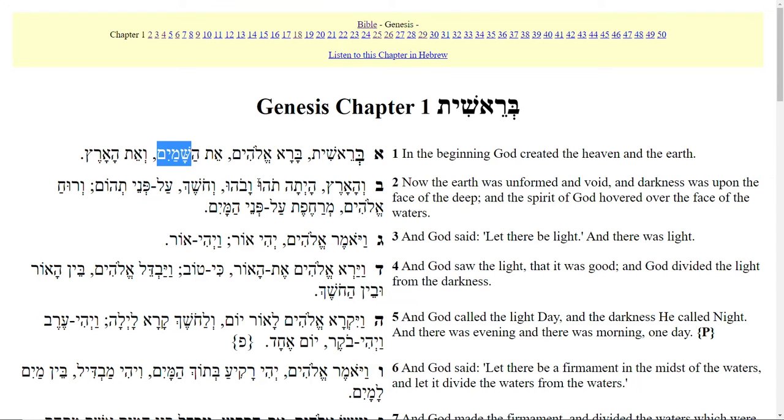But the problem is that it also has a kind of plural ending here, which is not what these last two letters usually indicate. So I can understand why some English versions translate it as God created the heavens and the earth, but in this particular English translation, they just say the heaven and the earth, which in my opinion, given the context, seems more accurate, because usually when I see